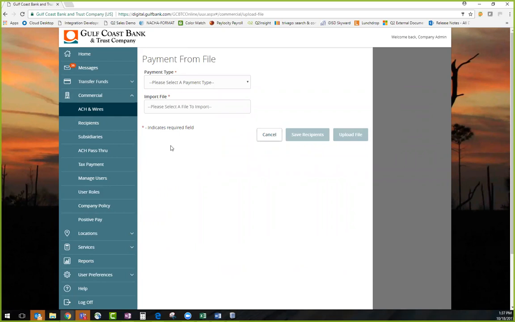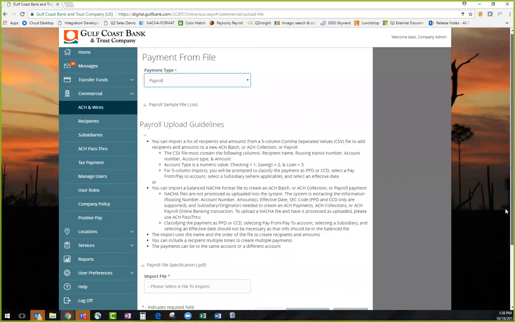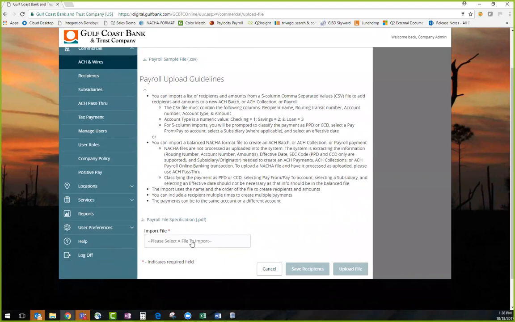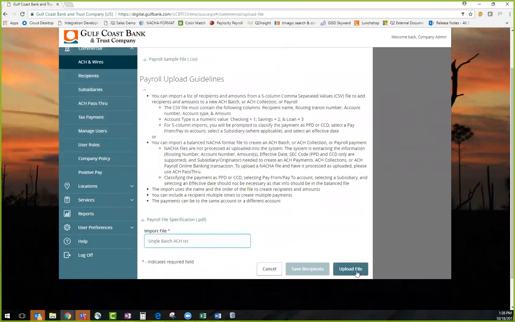But this specifically needs to be a single batch file and also needs to contain either a PPD or a CCD class code. Those are strictly the requirements for this screen. So we'll click here on select the payment type, and we'll click on, for example, payroll. At the bottom, you'll then have an opportunity to click on select the file to import. And you can also then click on the single batch Nacha file, click on open, and then you click on